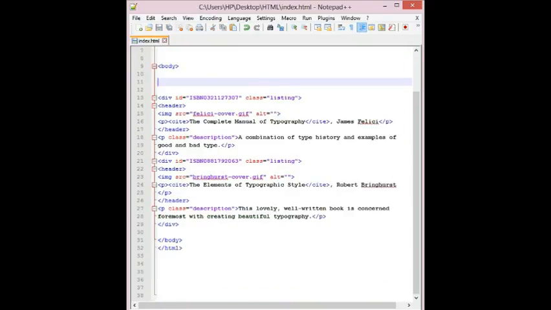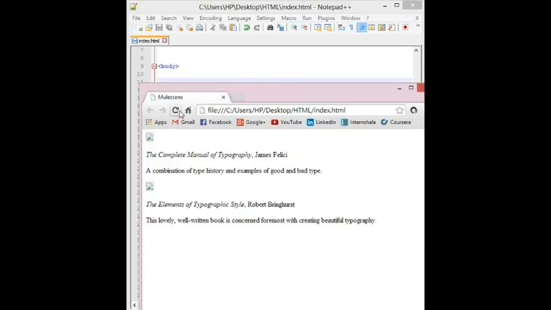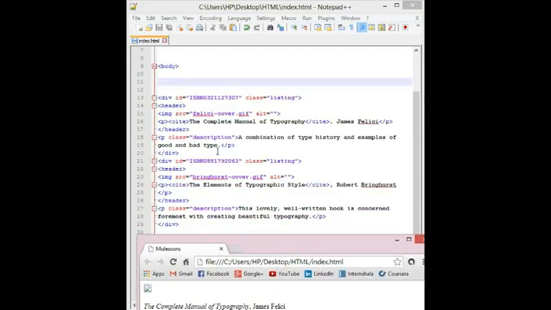So let's save it and run it. Notice how the same element may have both a class and an id. Here you can see that an element of one book has an id and a class also, and the class of all the elements is the same, listing.